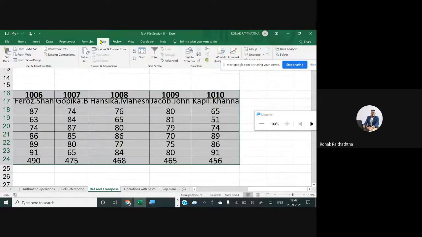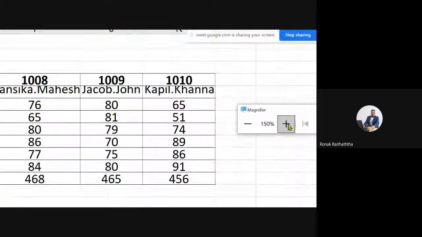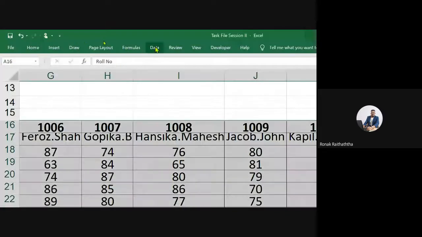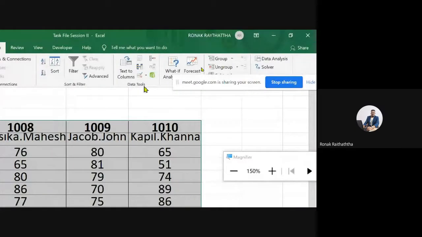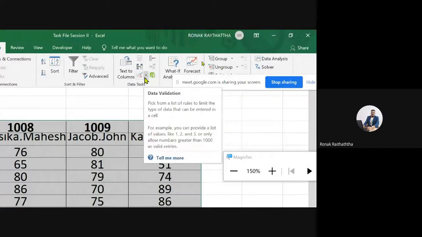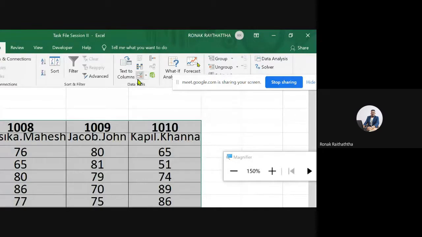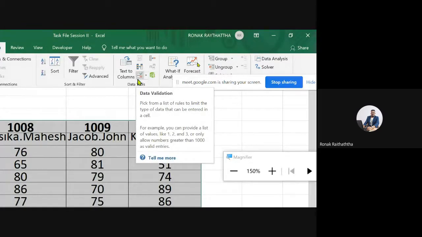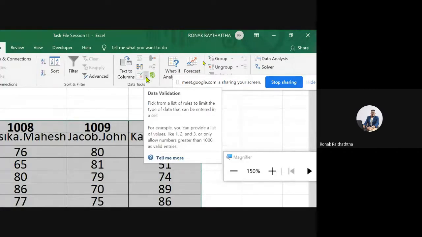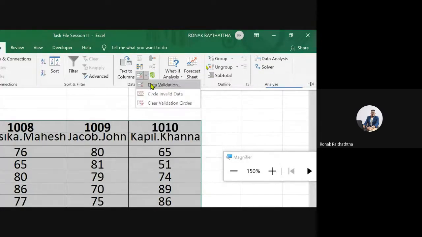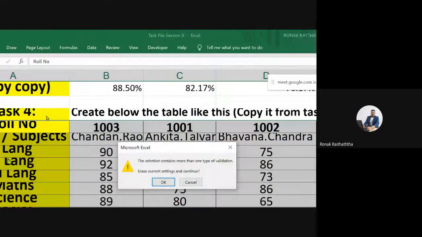Just go over there in the data tab. And in the data tab, my friends, just go to the data validation function. It must be there in the data tools section. If you are able to identify it, please do it. In the earlier version, the data validation would be looking slightly different. But here in the 2019 version, it is looking like this. So just have a click on this data validation. You have got a drop down arrow there next to the data validation. Click on it and select the data validation. Press OK.